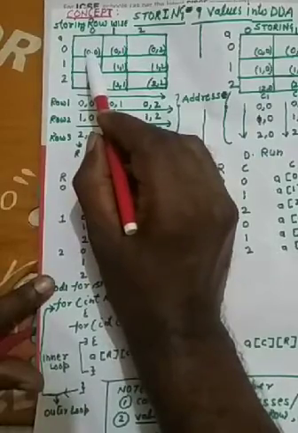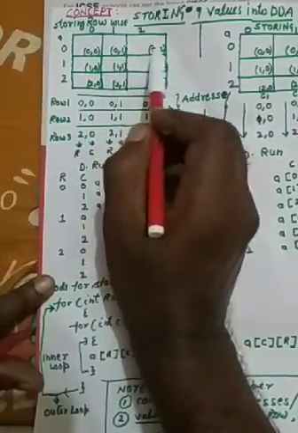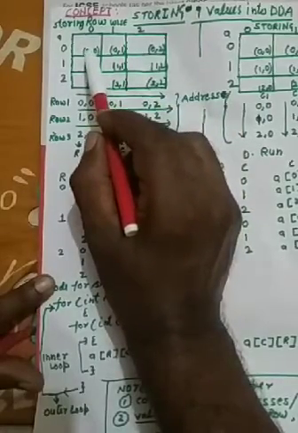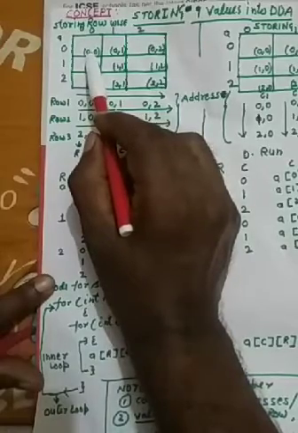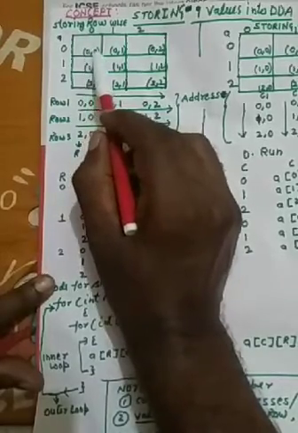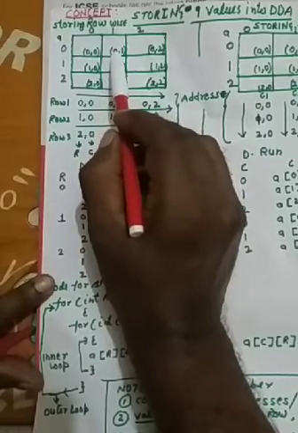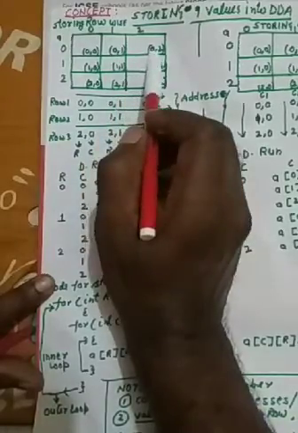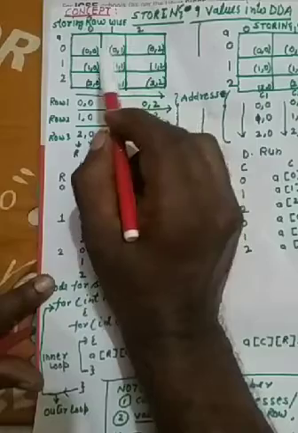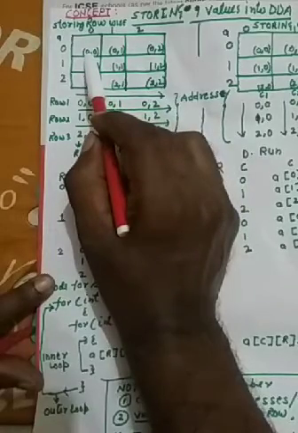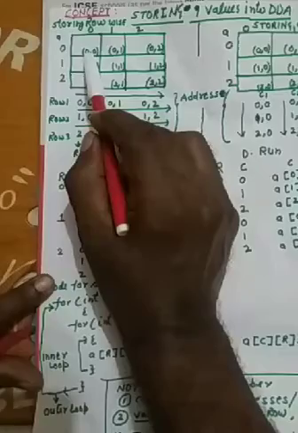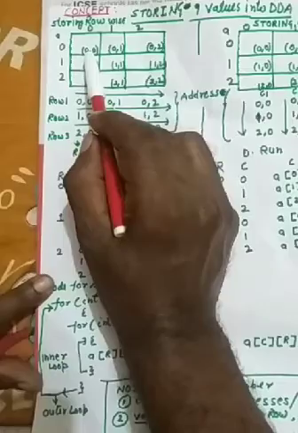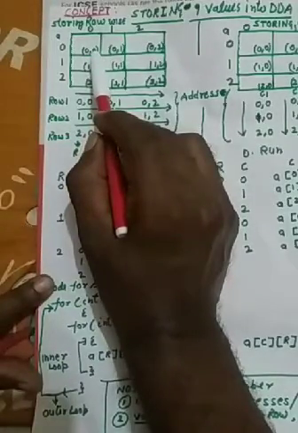Here the addresses are 0,0, 0,1, 0,2. So what is the meaning of the first 0? The value at the first place is the row. The second place is the column. Again, the first place is a value of row and this is a value of column. You have to keep in mind that the first place value will always be row, and the second place value will always be column.